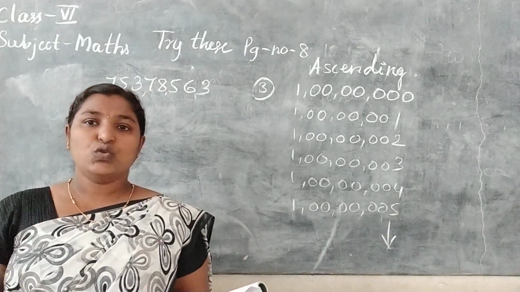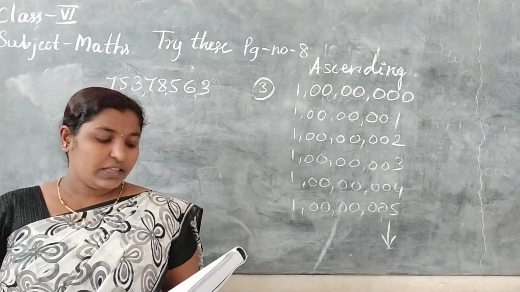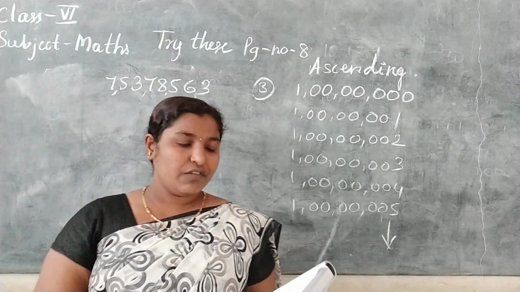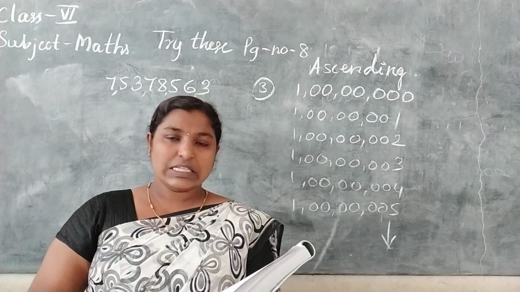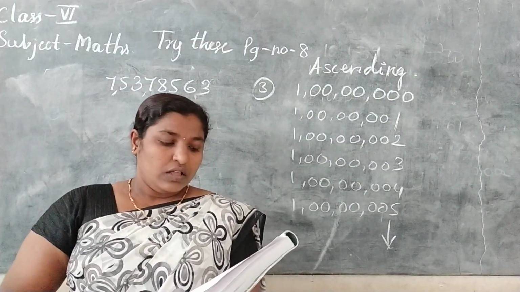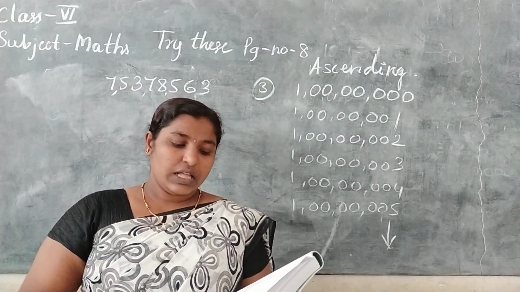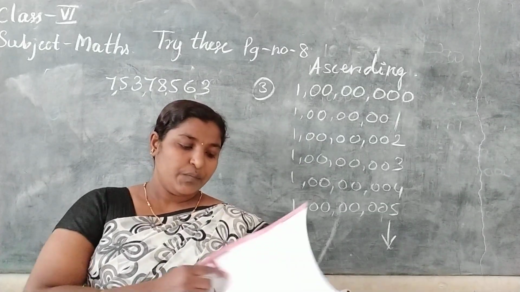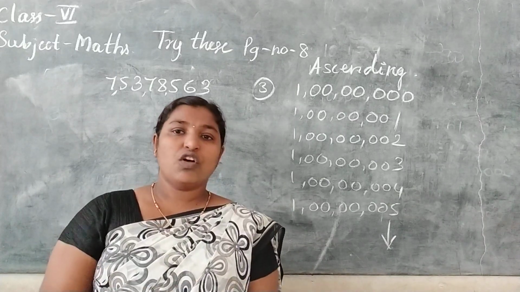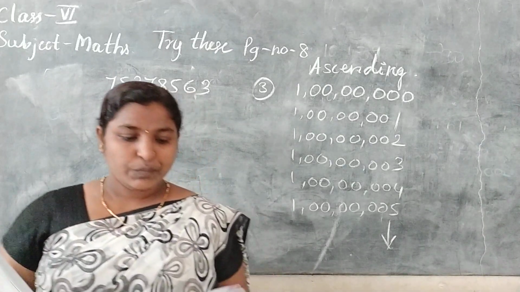Now see page number 9. They have told us to do the expansion. One they have done, that is 257. So 2 into 100 plus 5 into 10 plus 7 into 1. Then a 4-digit number they did, and they did not do simplification. They expanded. And then we will go for uses of commas.